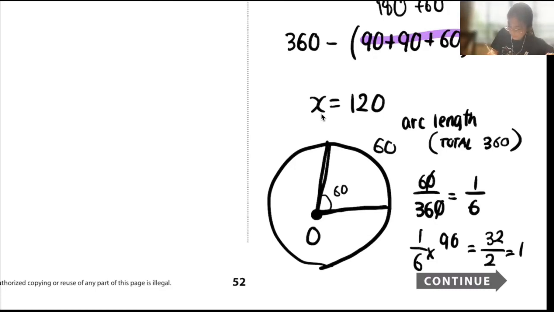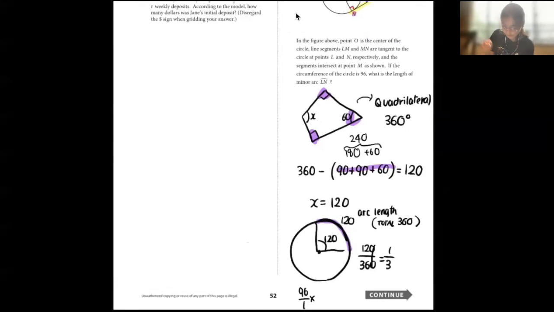So what is that? Well, that's going to be 1/3. Yeah, 96. If you look at the bottom part, you'll know. And then you'll times it by 1/3 because you want to know 1/3 of 96 because you want to know the minor arc. And that's going to leave us with 32. So that's going to be our answer. Sorry for the confusion. But yeah,